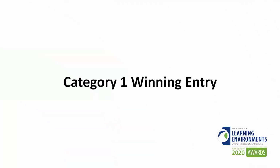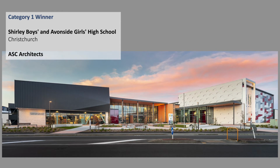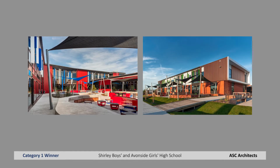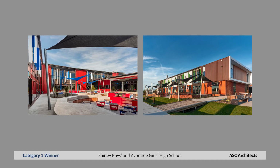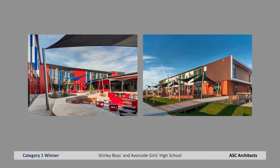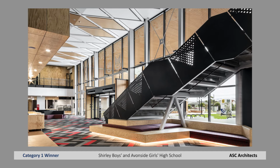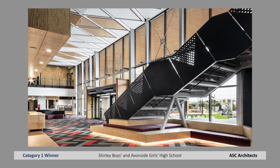And the winner is Shirley Boys and Avonside Girls High School, ASC Architects. The opportunity to reimagine 2 existing schools onto one site has been creatively explored, a new identity that honours and respects the history and unique pre-existing school cultures is evident throughout. The campus is set around a series of courtyards that manage scale, inclement weather, and importantly creating numerous habitats for connecting community. Social spaces are seamlessly interwoven with dedicated learning spaces, subtly inviting learning to occur anytime, anywhere, without compromising